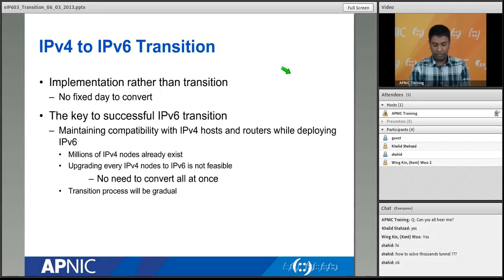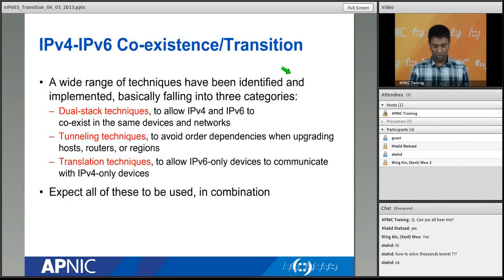All right, so IPv4 to IPv6 transition. As I said, there is no fixed date on which we can tell that on that particular day everything will be converted or migrated to IPv6. We can't tell that because there are millions of computers running on IPv4, and converting them is a big job. So we have to do it very slowly, keeping the current network up and running so that we are not breaking it. The internet must still work, and we can go for the migration. These are the things we need to consider.